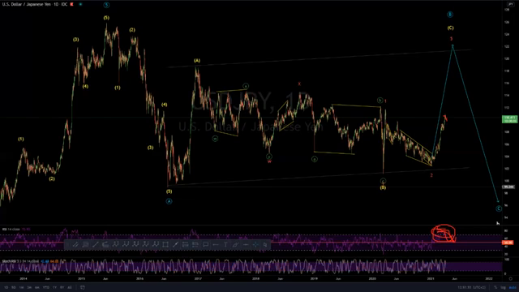Right, so I've just called that we can take a profit on that trade, because we will see on the smaller time frames we are already in a wave 5. So we know that a wave 5